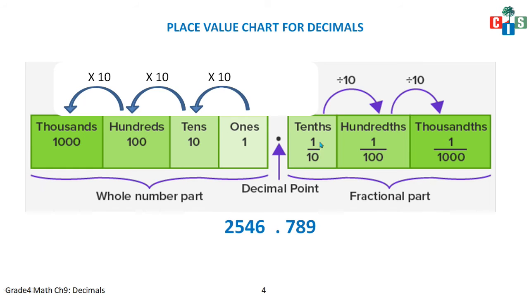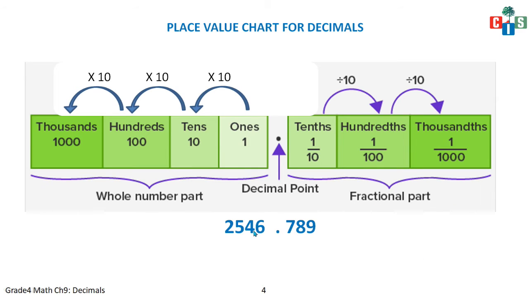And see, this side you are multiplying with 10. And when you move to the right side of the decimal, you will do division by 10. Clear? Here it is multiplication by 10 and here it is division by 10. So this is 10th, 100th, 1000th. What will be the chart? Let's repeat once. Ones, tens, 100, 1000. So this is the whole part. Then we have a decimal point. What will be to the right side of the decimal point? 10th, 100th, 1000th, and that is known as the fractional part.